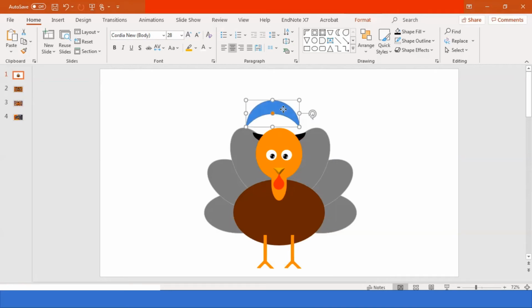And you want to adjust the size and the curve of it to match the first moon shape that we have there. It's supposed to cover the head of the turkey a little bit, because this is going to be the head, so it looks like the turkey is actually wearing a hat, not like the hat is hanging or floating on top of the head. So it's supposed to overlap with the head of the turkey a little bit. Okay, so